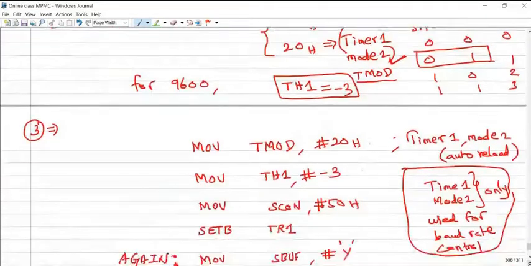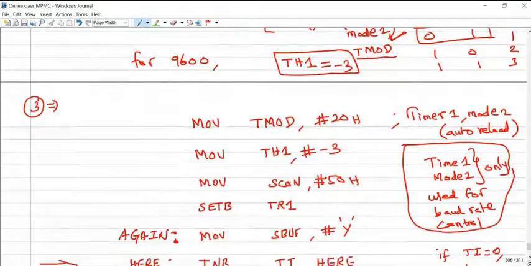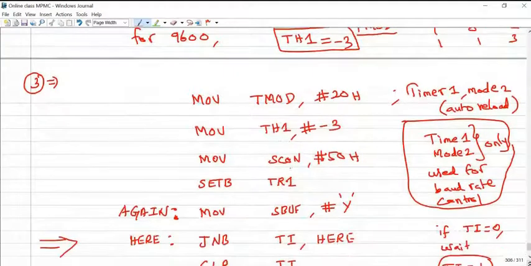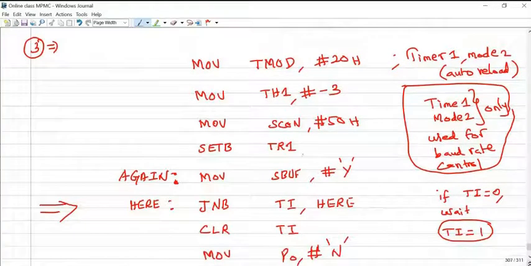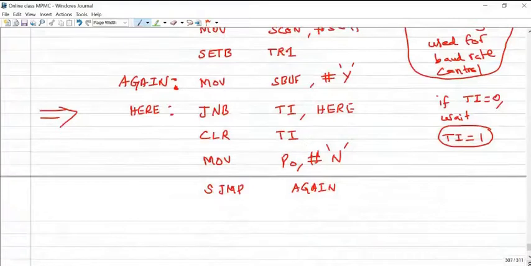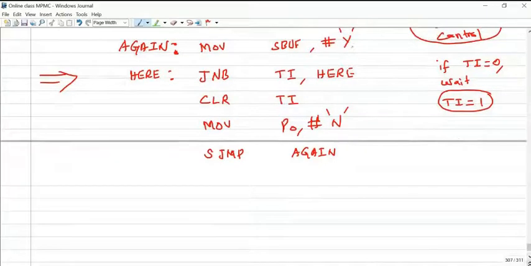For 9600, -3 is to be loaded in the TH1 timer 1 register. For mode 1 serial port communication, 50 is to be loaded in the SCON register. Then start your timer, and whichever data you want to transmit, you have to load it in the SBUF register. So here, capital Y goes in SBUF.